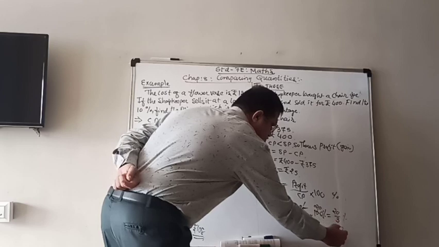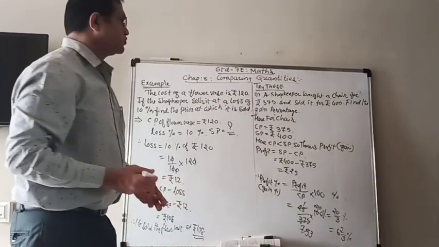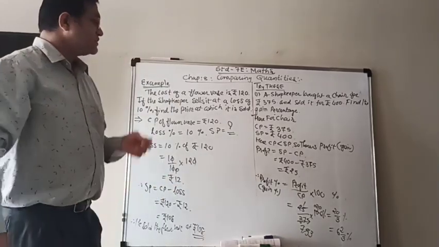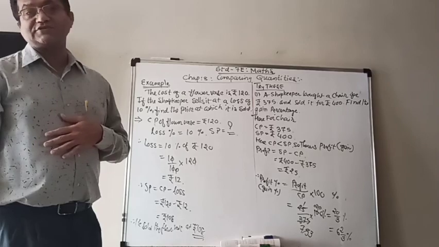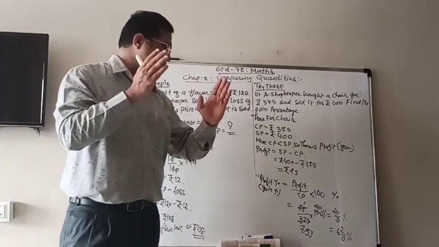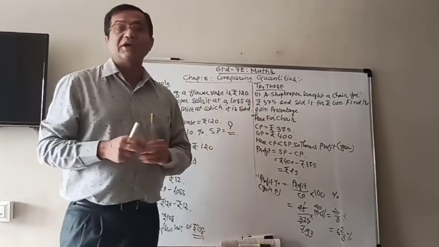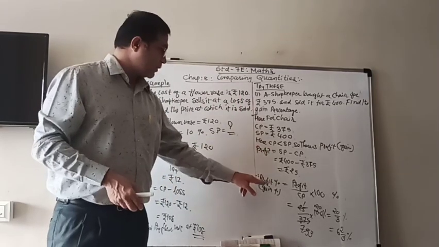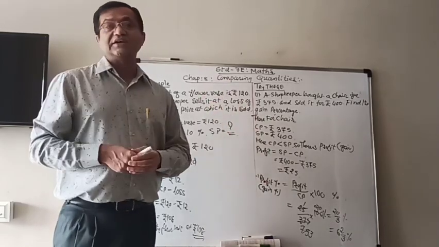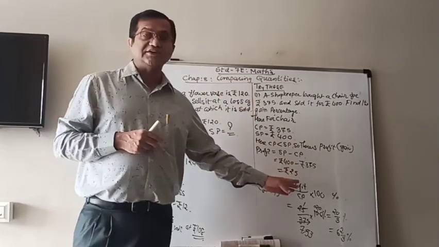2 remaining, so 6 integer 2 by 3%. So what is his gain percent or profit percent? That is the 6 integer 2 by 3%. So here, as I told you, all the things important is the understanding and the formulas. That profit percent, what is the formula? So that understanding is very, very important. So it is very easy to do like this.